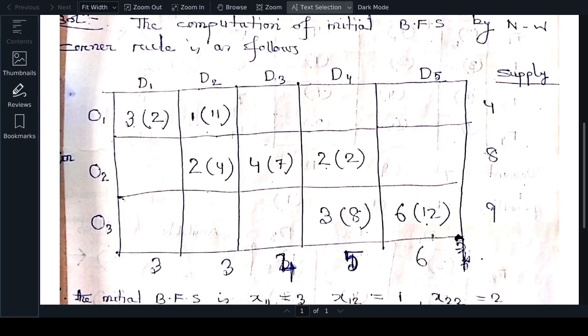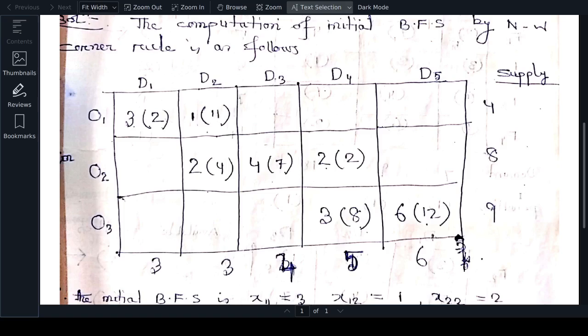So in cell number 3 comma 4, we give allocation what? 9 and here 3, because 2 is already given. So you give allocation 3, right? When we give allocation 3 in the row wise, there is remaining 6, and column wise demand is also 6, right? So 6 and 6, so total exhausted. So here you see, what is our allocation in the first row? 3 and 1, means 3 plus 1 is 4. You see supply is 4.